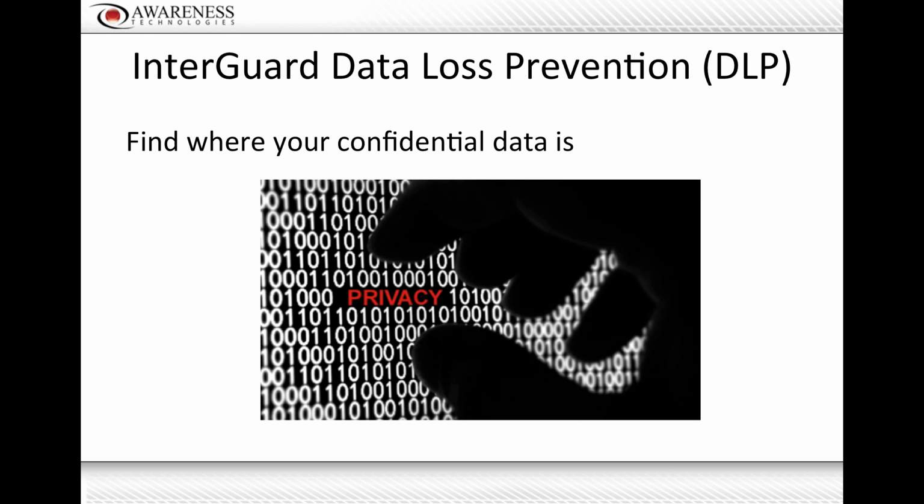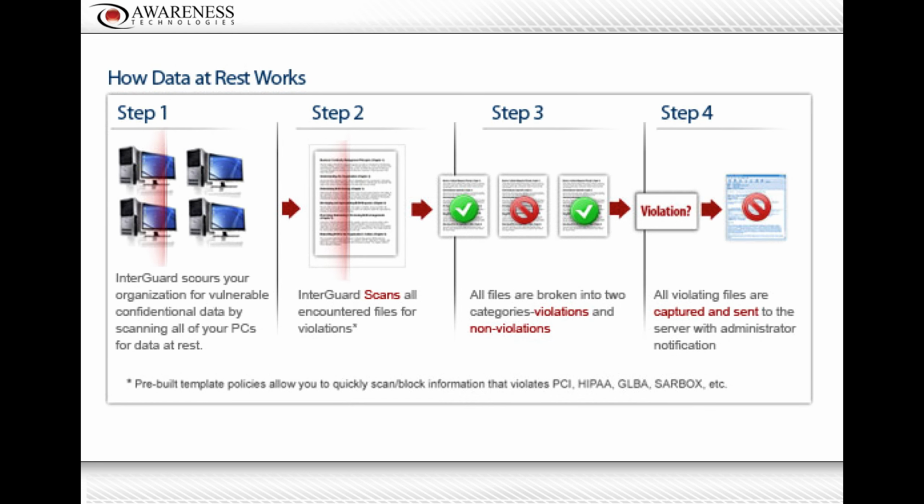So one of the solutions that we offer that resolves this issue is our data loss prevention. And basically one of the things we can do is scan, looking for data at rest. We see what's being saved on the computers. We identify if that information is something that should or shouldn't be saved locally. And then we flag it as a violation. We let you remove it. And then it'll continuously scan after those policies have been put in place to make sure additional information doesn't get saved locally that shouldn't be saved locally.